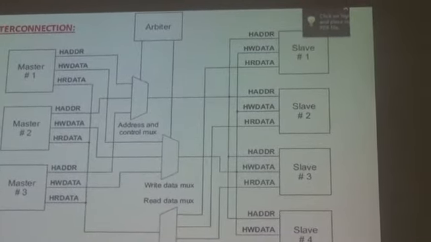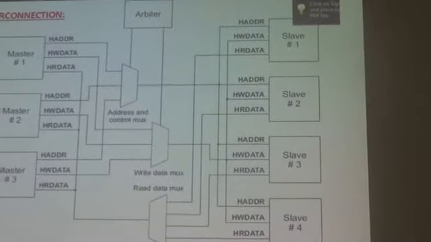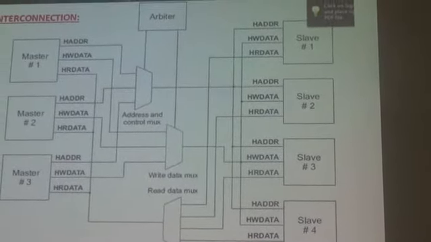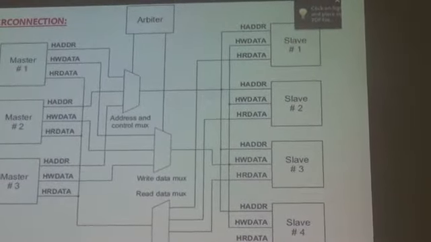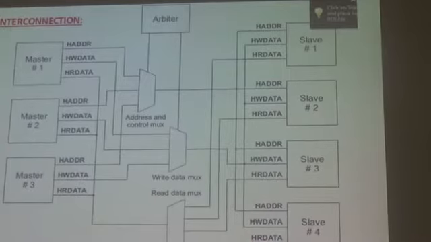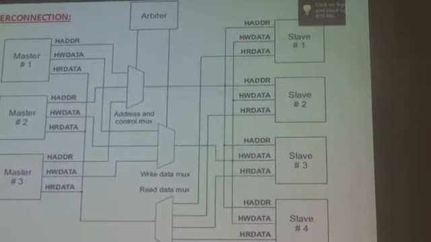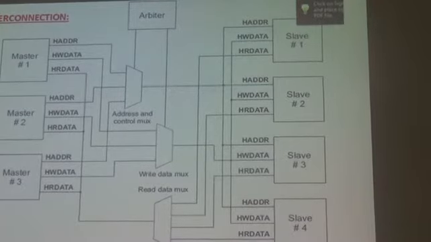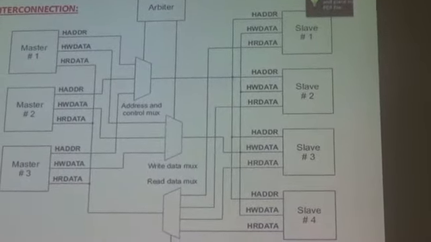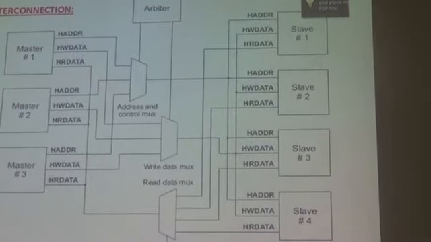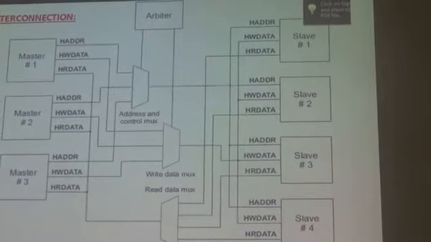So if master 1 wants to access slave 1, the arbiter grants the bus to the master, but in the next cycle the slave responds that it will split. That means it does not respond with OK that master 1's transaction has completed, but it responds with split, which tells that it takes a large number of cycles for the transfer to complete from master 1 to slave 1. Then this is the feedback signal given to the arbiter.